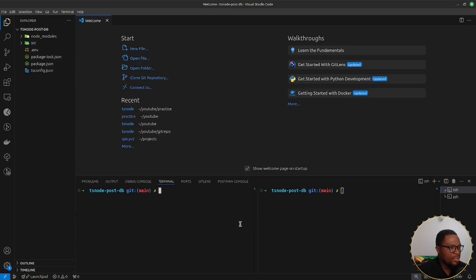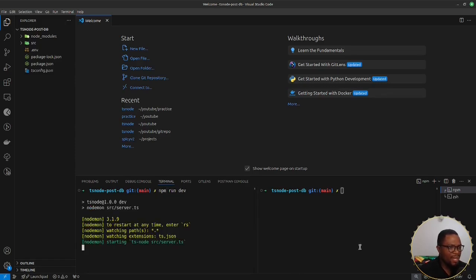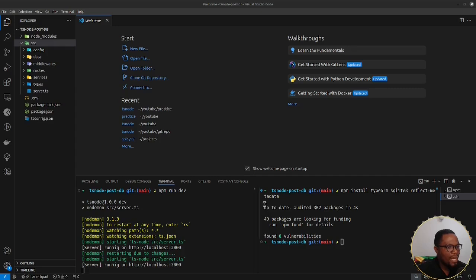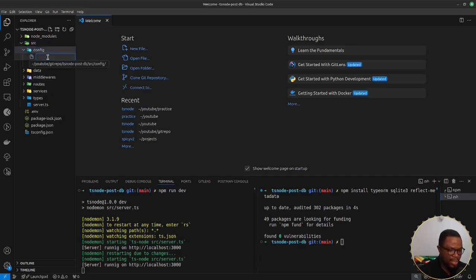We have two terminals here. We're going to do npm run dev, and then here we're going to do an npm install. We're going to install TypeORM, SQLite and reflect-metadata. This is needed for TypeORM. So once this is installed, we'll come into our config and create an orm